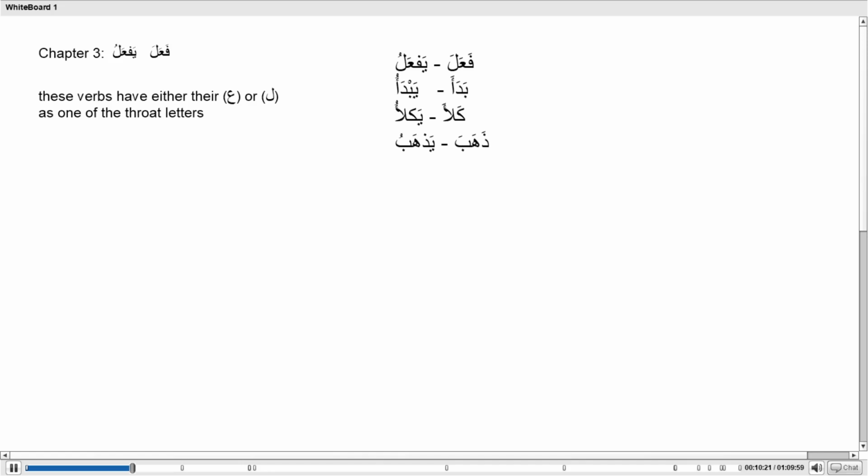Clear? And ذهب means he went. As Allah subhanahu wa ta'ala said, ذهب الله بنورهم وتركهم في ظلمات لا يبصرون. ذهب. واضح؟